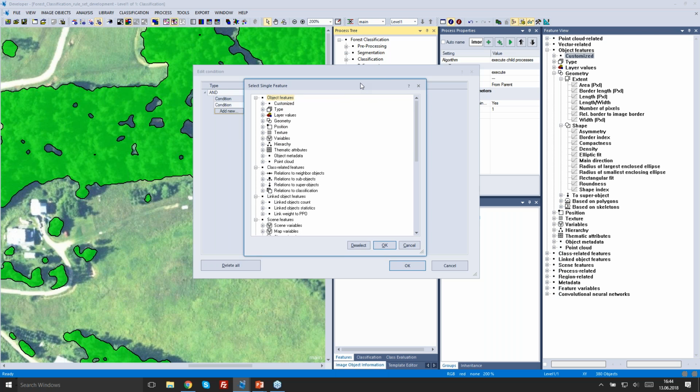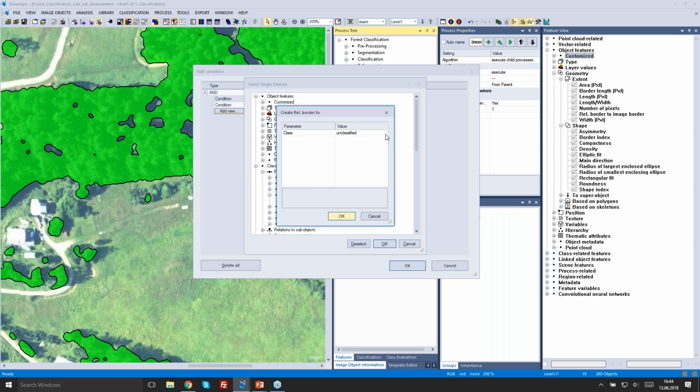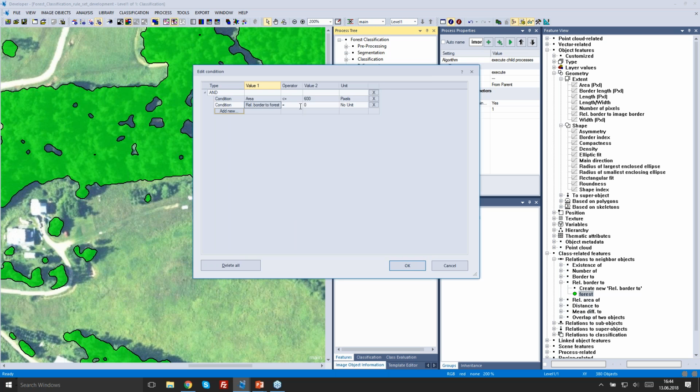This feature is in the class-related features, and you're going to find relations to neighbor objects. If you unfold this one, you have relative border to, and that calculates the relative border of the object to, let's say, the class forest. Hit OK. I'm going to use this one, and if this equals 1,